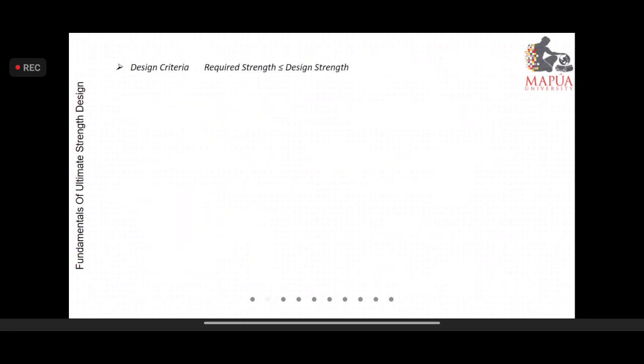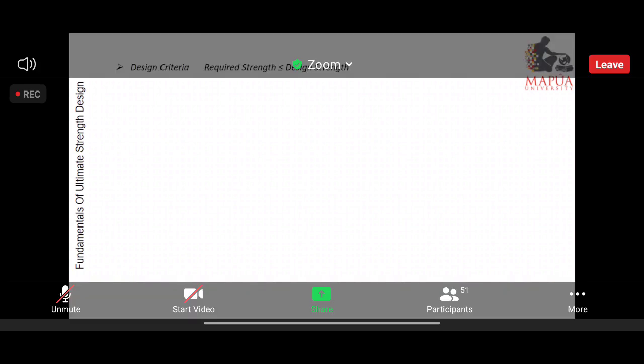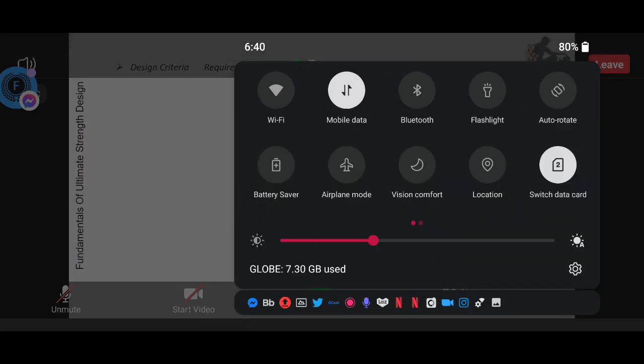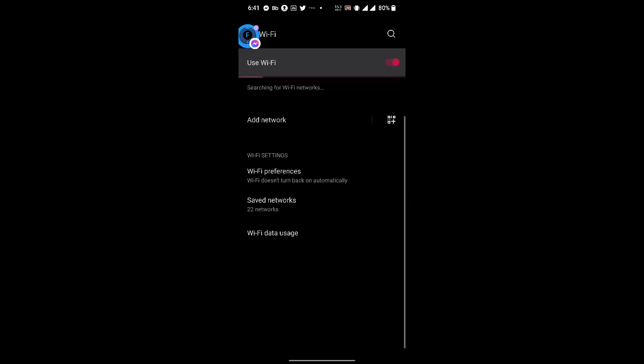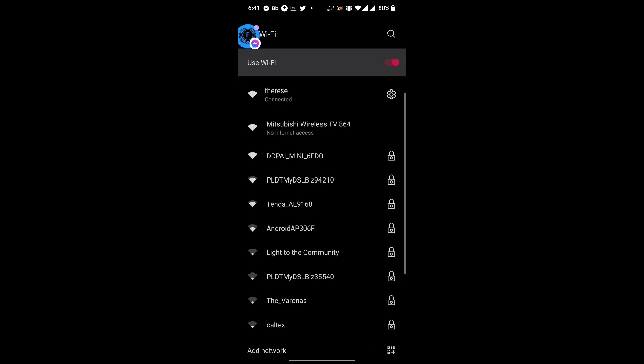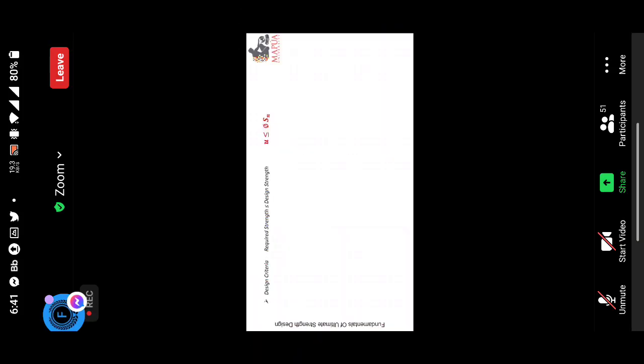For the design criteria, the required Sn is less than or equal to lowercase u. For phi, the modification factor or safety factor, multiplied by Sn must be greater than or equal to u. So the u here is the calculated internal forces at the critical section due to ultimate. The reduction factor is